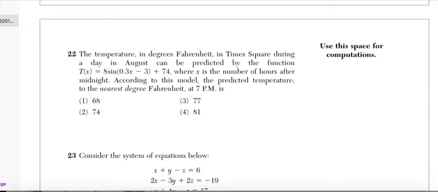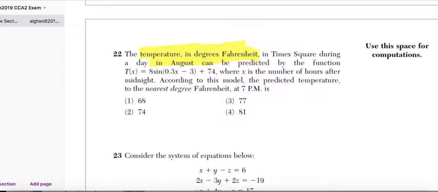The temperature, number 22. The temperature in degrees Fahrenheit in Times Square during a day in August can be predicted by the function t of x, where t of x is the temperature in degrees Fahrenheit, equals 8 sine of 0.3x minus 3 plus 74, where x is the number of hours after midnight, which is 12 a.m. According to this model, the predicted temperature to the nearest degree Fahrenheit. Remember, t of x is in degrees Fahrenheit, so we're going to round to the nearest whole number at 7 p.m. is,